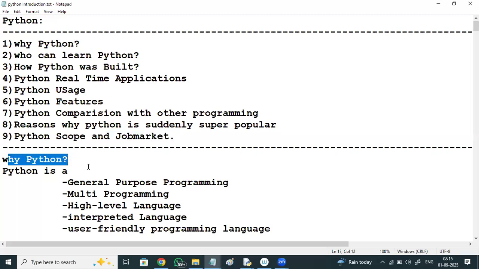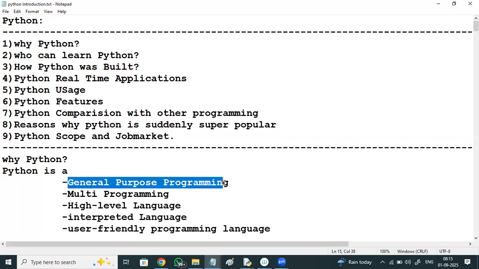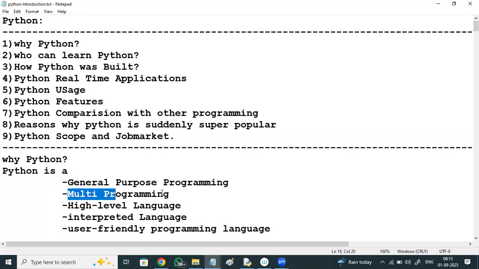Why Python? I define Python in 5 lines. It's a general purpose programming language. Any kind of applications we can develop today by using Python. It has got multiple programming features. All the features we see in different other programming languages, we see in Python. It's a high level language.